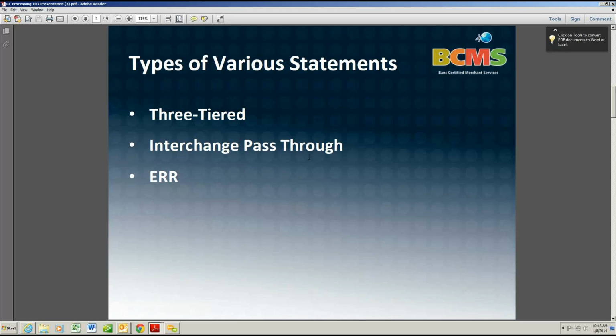There are 3 types of statements that you will encounter in the marketplace, 2 of them more popular than the other. The first one is a 3-tiered pricing. In a 3-tiered pricing, basically, if you look at the interchange table, which I'm going to bring up in a second for you guys,